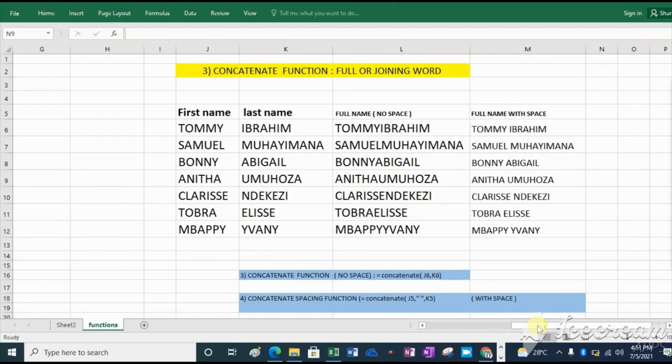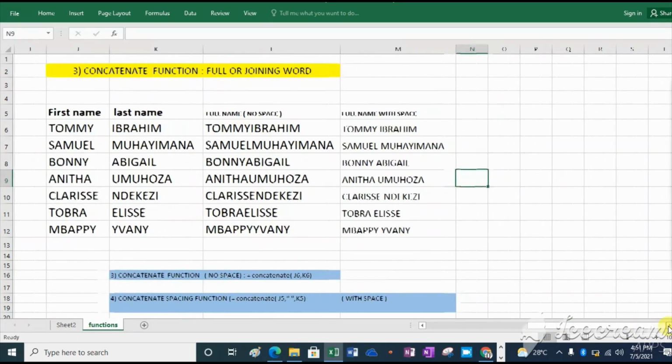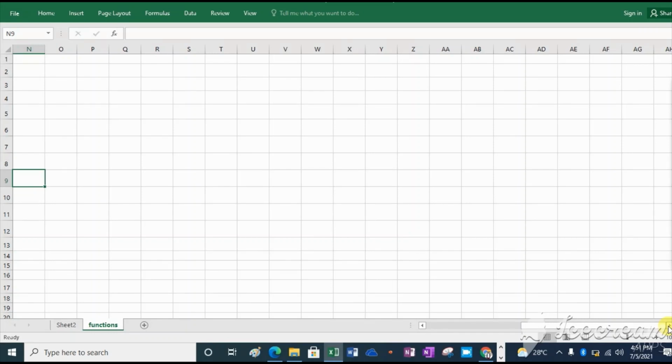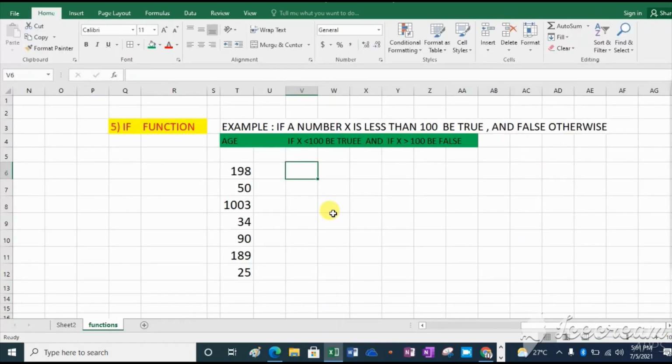These are the 5 formulas I wanted us to discuss, and let us take the last one. The last function I want us to cover today is the if function. For example, here we have numbers in a column. You need to put a condition.